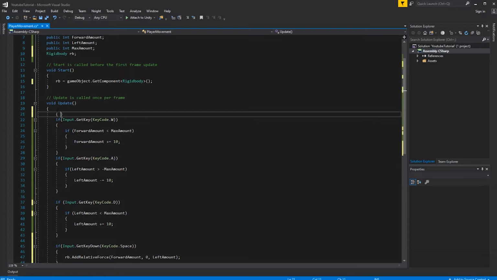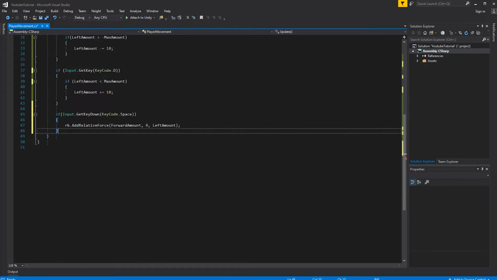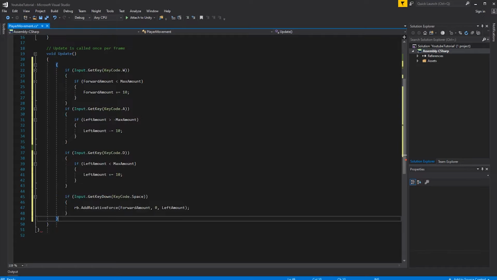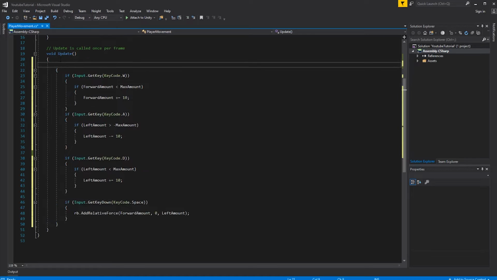When do we want to do this? When our player is not moving, because if it is moving, the golf logic will not be respected.